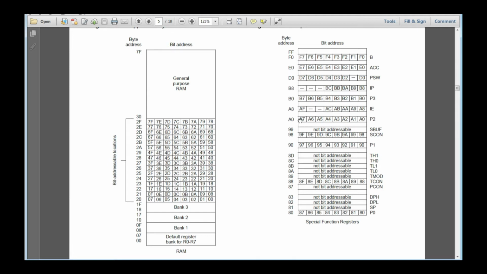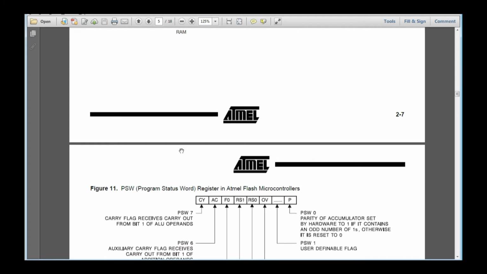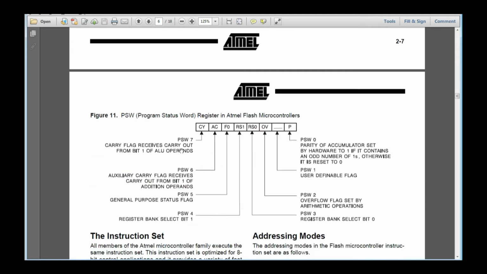So once again, I repeat, because of the bit addressable nature of the parallel ports, because of the bit addressing locations available in the data memory, and because of the Boolean instructions available, those chips are called controllers. At the software level, in the instruction level, and in the hardware level, the facilities are there to switch on an individual bit and switch off an individual bit in the port. Hence, it is very much suitable for control applications. That is why microcontrollers are called controllers. That alone is more than enough.